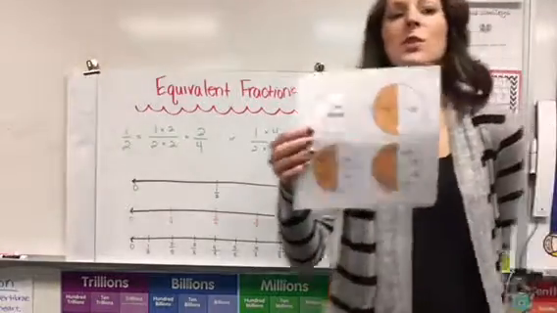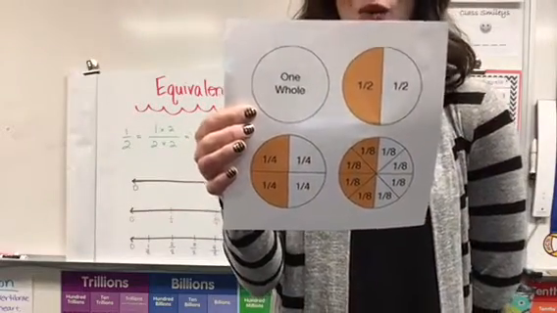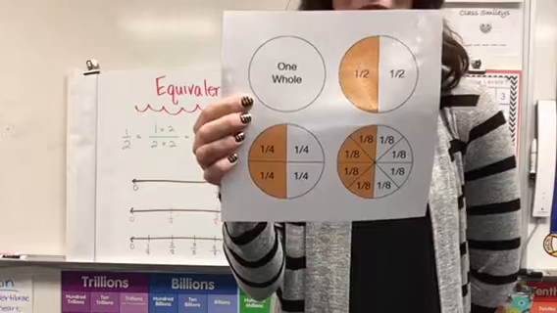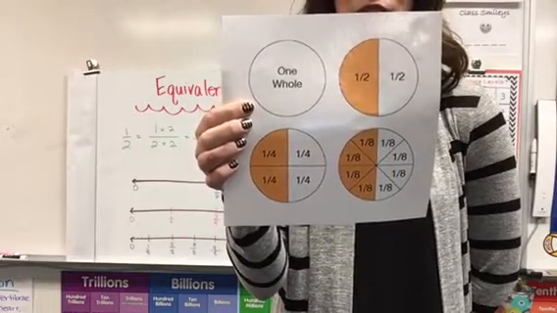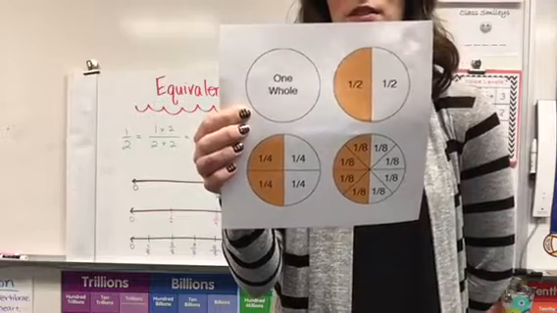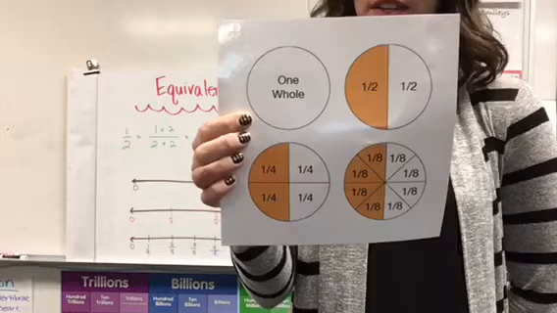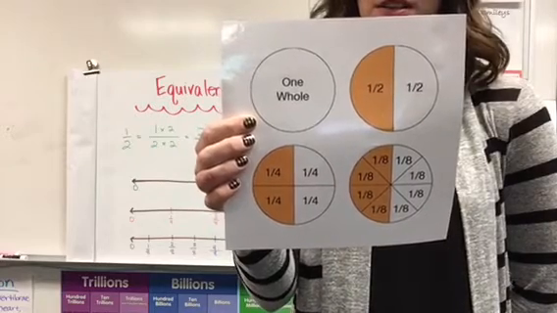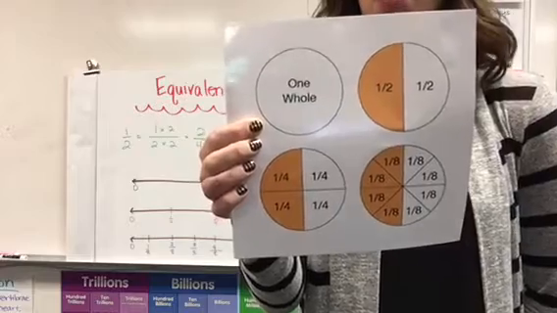Just like when I talked to you about cake. Remember how much I love cake? Okay, so 1/2 was the same size as 2/4, and that was also the same size as 4/8. These are equivalent fractions. You can see that the shape and the size of the fraction is all the same for every single fraction, but the numbers are different. They are equal, so they are equivalent fractions. Another example